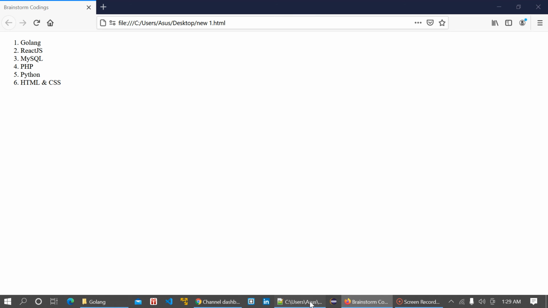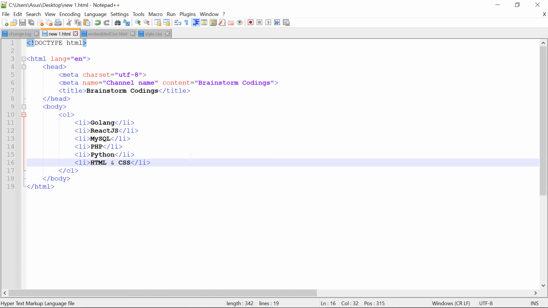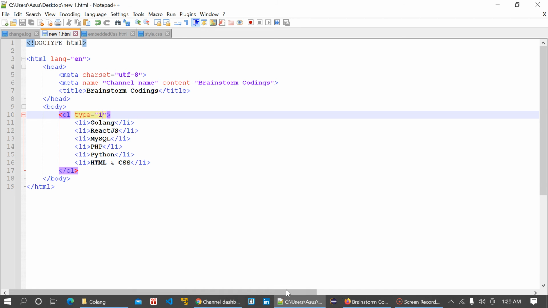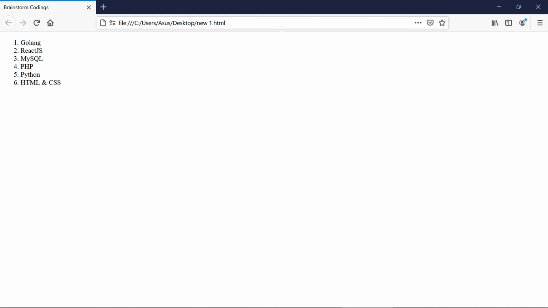If you want to change this numbering, well, this is the default one we get by the ordered list. If I specify type 1, then this is the default numbering for the ordered list. There is no change.